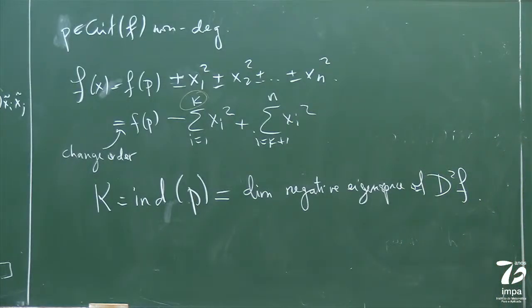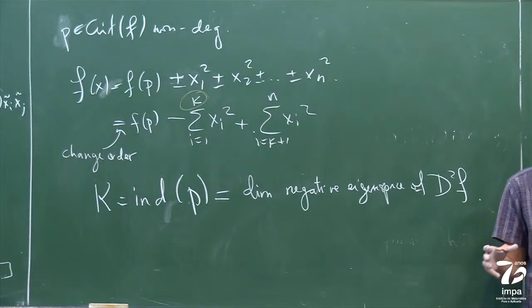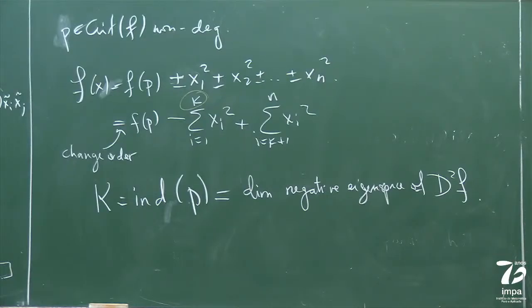But this matrix depends on the chart, so it's a little bit annoying. You would have to check that this doesn't depend on the chart. So when you change the chart, you will change the matrix, and these dimensions are preserved. Or you can just say you have the symmetric bilinear map from a vector space into R. And you have the positive part of it and the negative part of it.